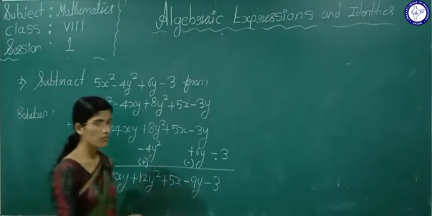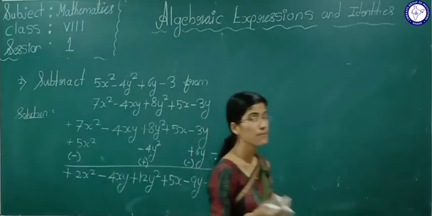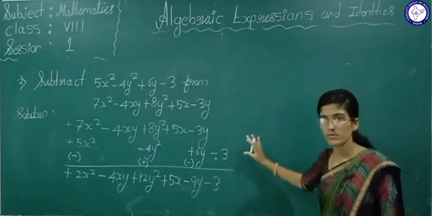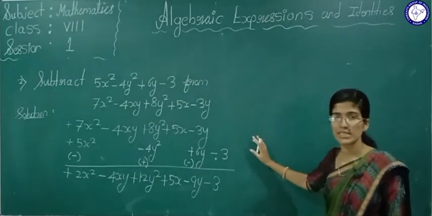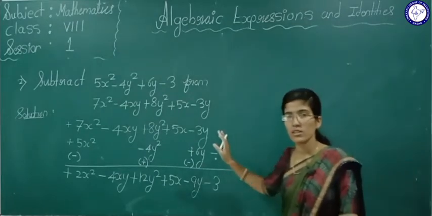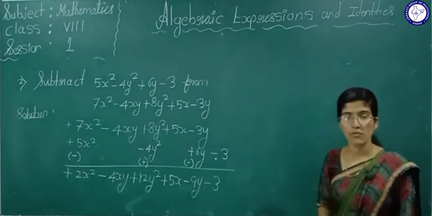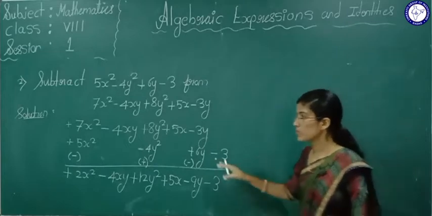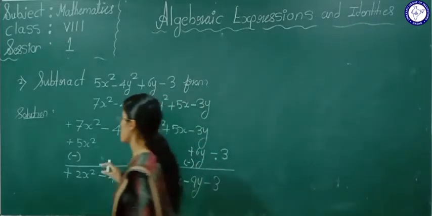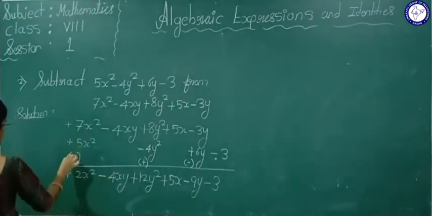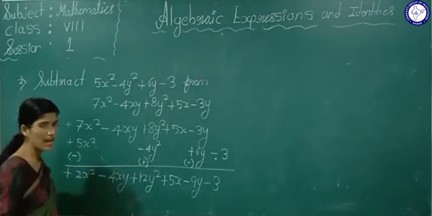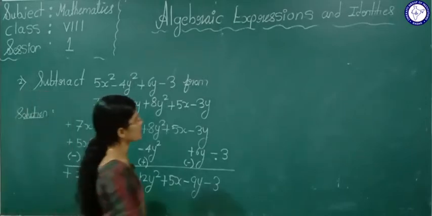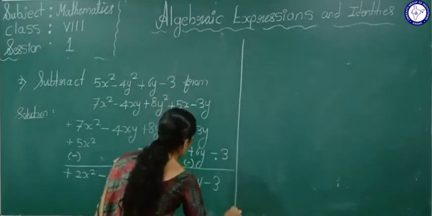Okay? You know this before, right? This is about the column method. Better you go for the column method only, it will be easier. Last year we learned the concept of the horizontal method also, and the vertical column method also. Better to go for the column method only. What we are doing here: in subtraction we are going to change the signs, in addition we are not going to change signs at all. Now we will see the exercise based on this.